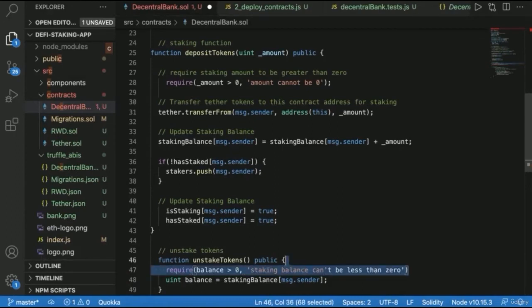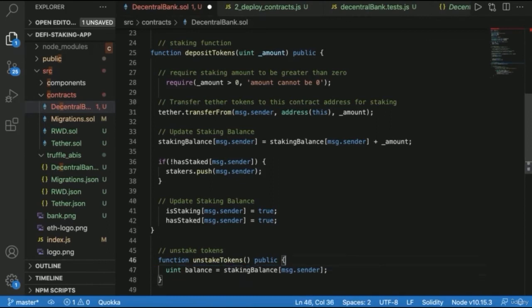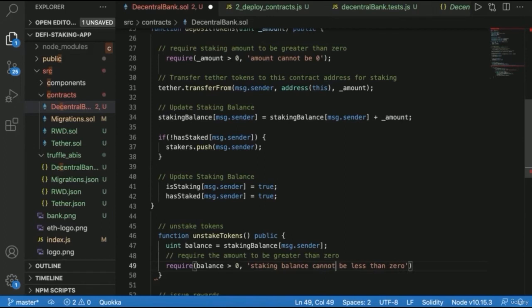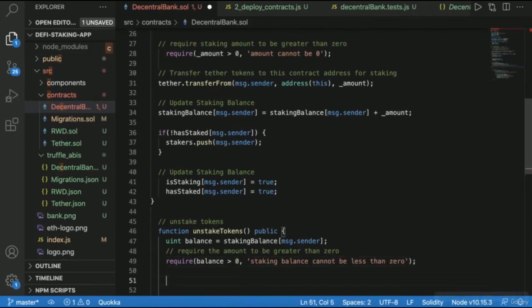Okay, and actually, this isn't going to read right. We should put this underneath. So uint balance equals stakingBalance for the msg.sender, and we require that the balance is greater than 0. Okay, so we can even comment: require the amount to be greater than 0. All right, so after this, we want to transfer the tokens to the specified contract address from our